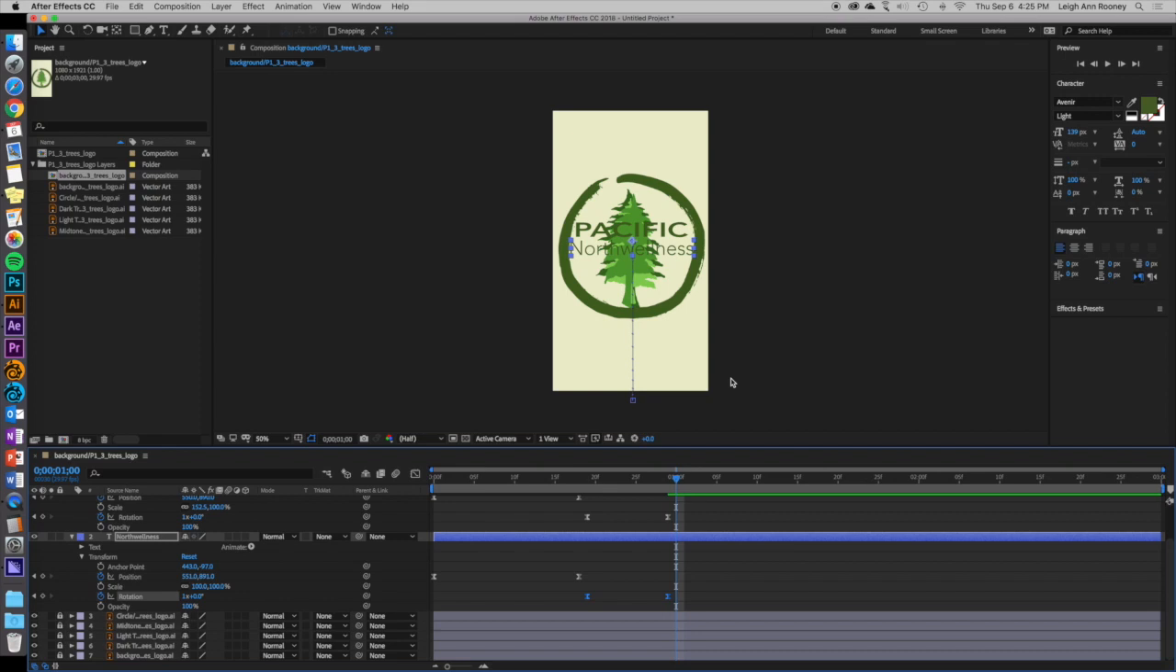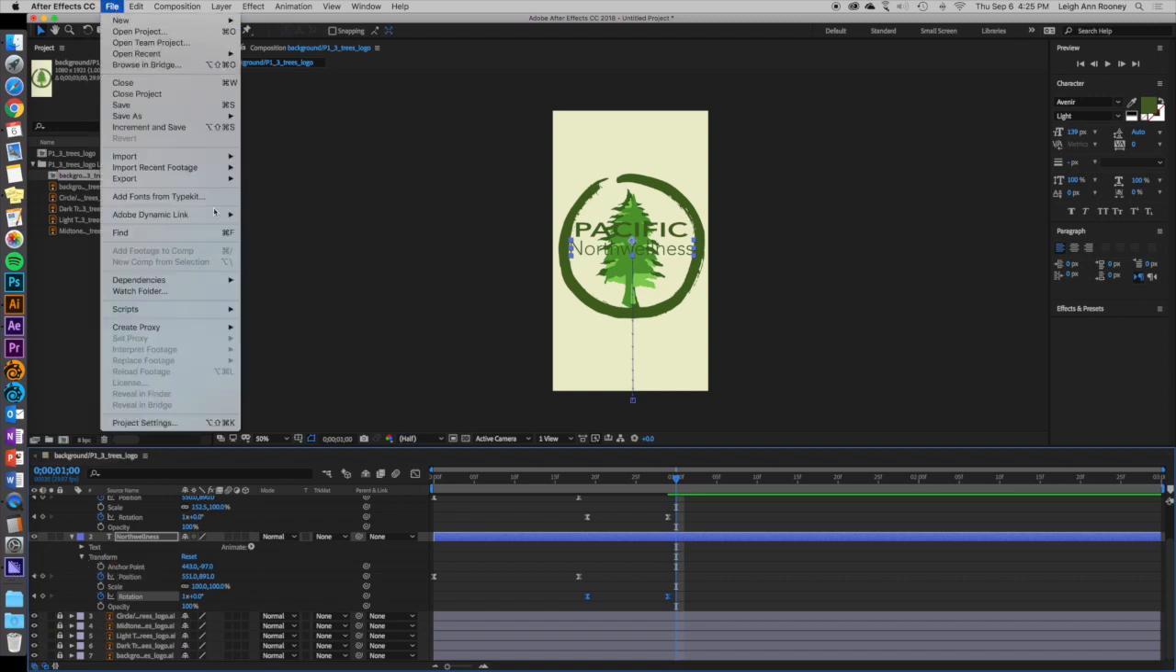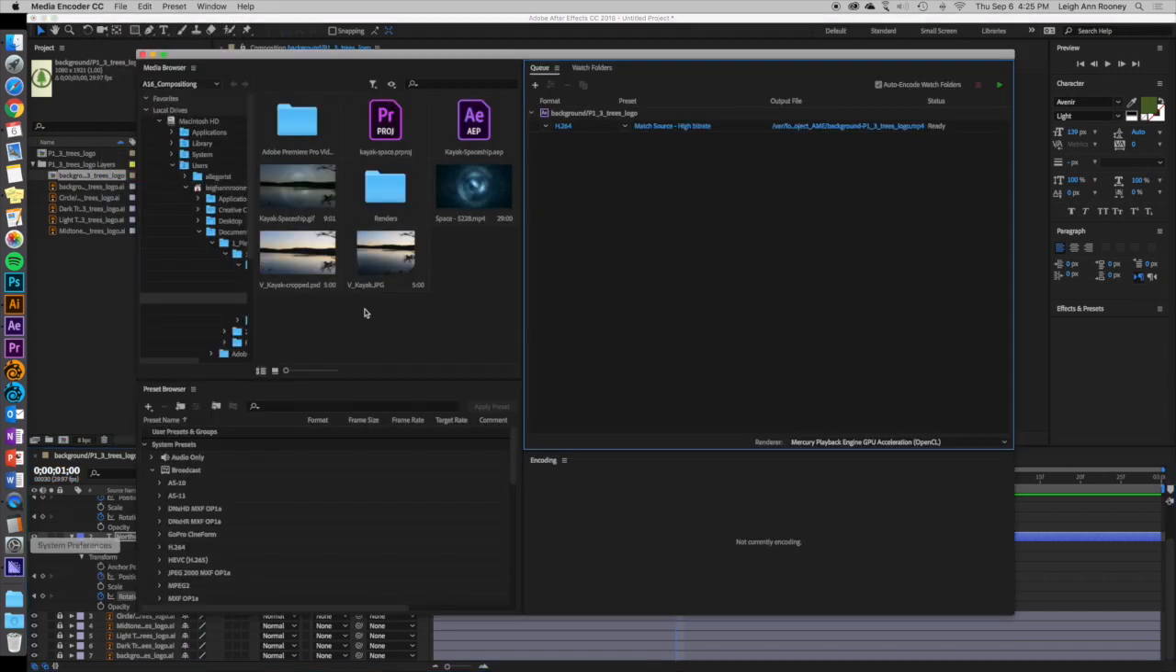So the next thing we're going to do is render it. So you're going to come into the Adobe Media Encoder, and you can either go to File, Export, Add to Adobe Media Encoder Queue, or you can press the plus button here. And we're going to keep this